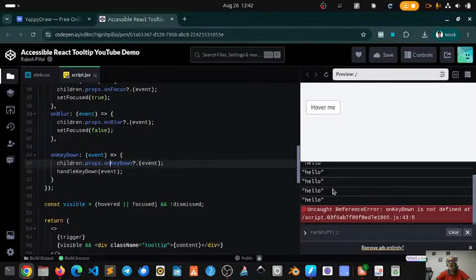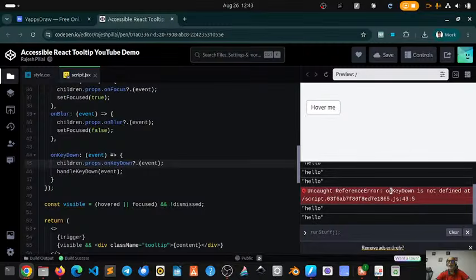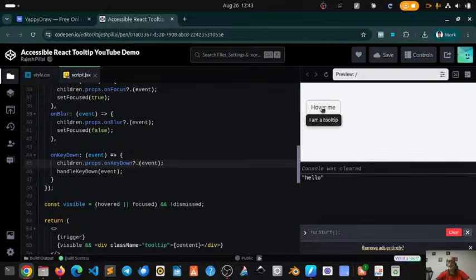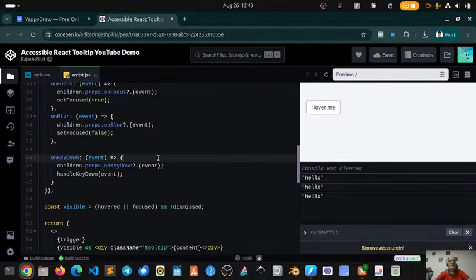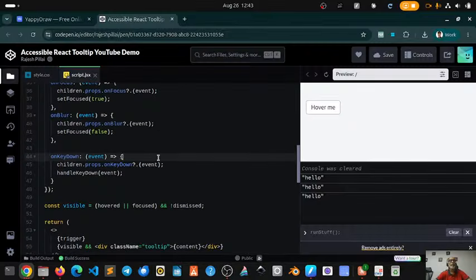Okay, we have this error here, right? So let's see what this error is all about. Okay, so let's take a quick look at our code. So far we simply attached